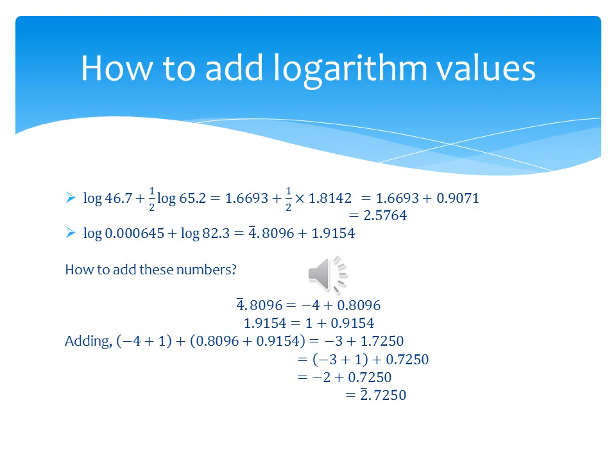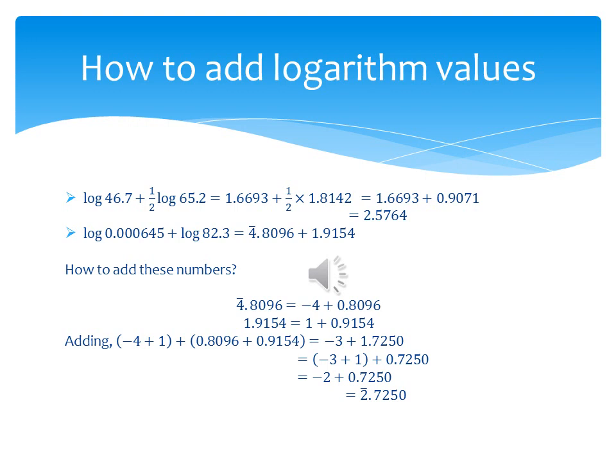So how do we add them? Log of 46.7 plus half log 65.2. Look up log of 46.7 from the table. Since 46 is two digits, we write 1 point 46 under 7 from the table, plus half of 65.2. Since 65 is two digits, 1 point 65 under 2 from the log tables. They are just normal decimal numbers, and we just add them.